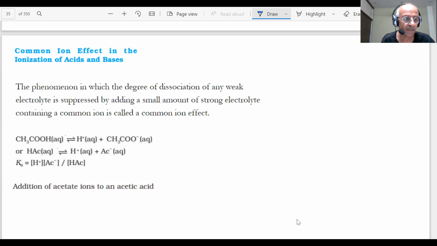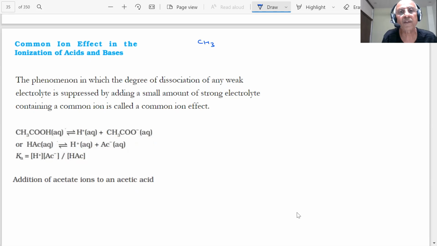The important thing is, students, what happens if I have a dissociation of a weak acid? For example, if I consider acetic acid, it is a weak acid, is it not? Yes, sir. What happens in aqueous solution? It is undergoing dissociation into CH3COO minus and H plus aqueous. Suppose this is an equilibrium. After some time, what happens?